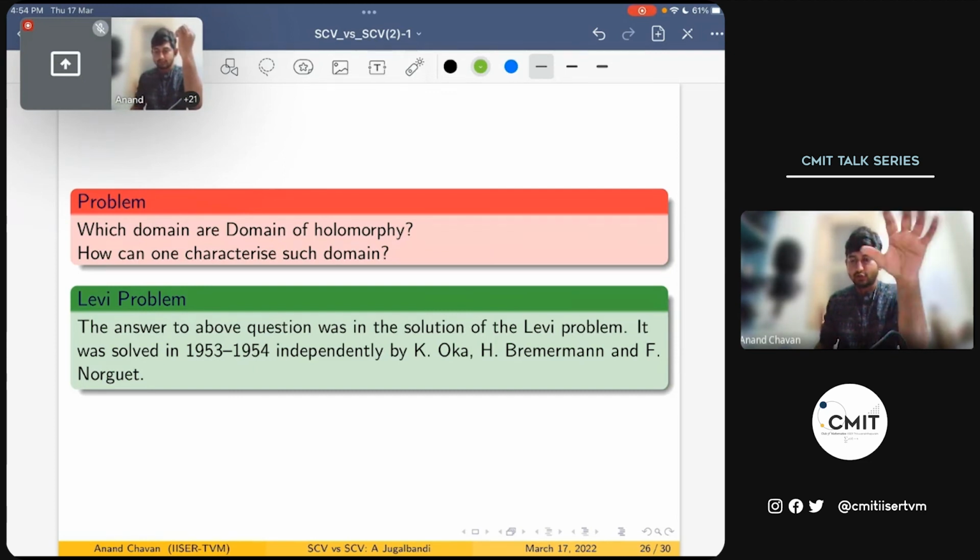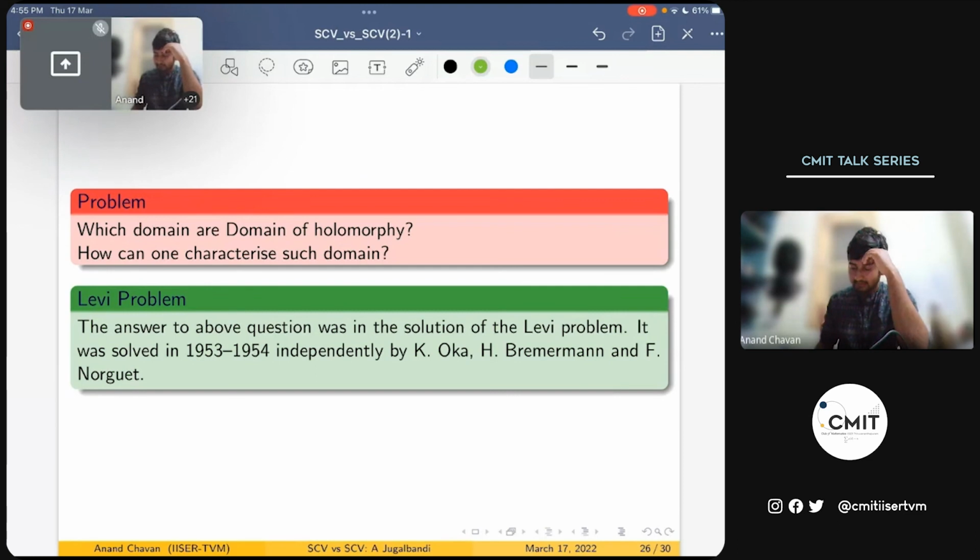The answer to this problem was given by the solution to the Levi problem, and it was solved in 1953. Mind you, the problem was stated around 1910, but it took some 25 years to solve. It was solved by Oka,